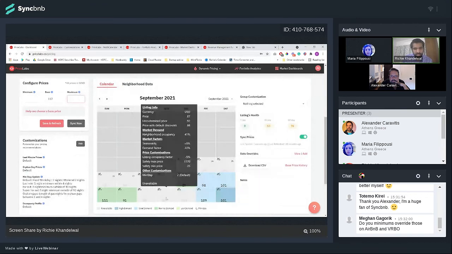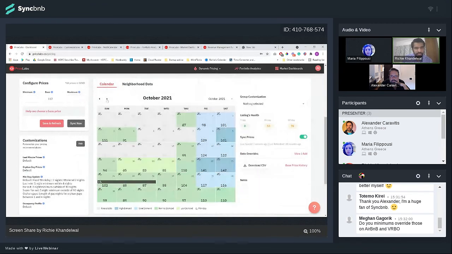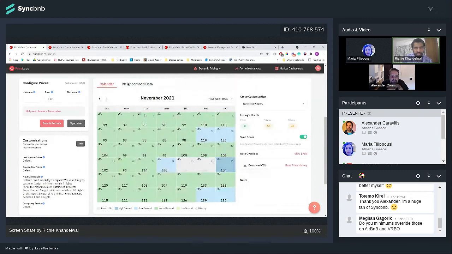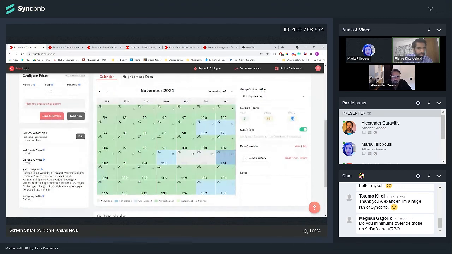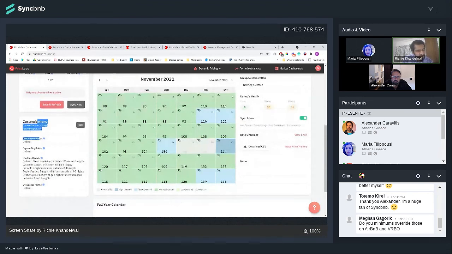This is where your calendar would look like. You can flip through this and you can see all sorts of things. You'd see your listing's performance. It's green. No days are available in the last 7 days. About 53% of the days are available in 30 days, and 76% of days are available in the next 60 days. Price Labs is also known for its customizations. I'm not going to go through it now, but you can see a ton of customizations.